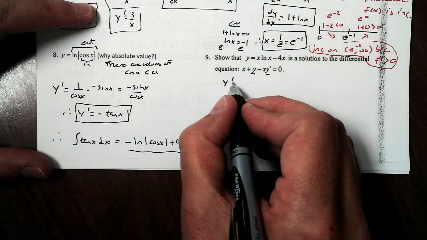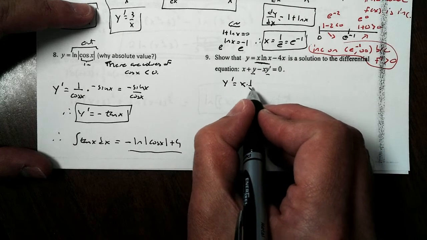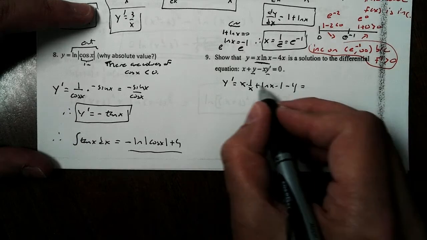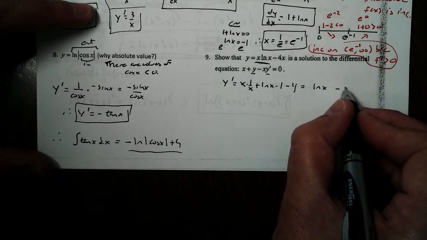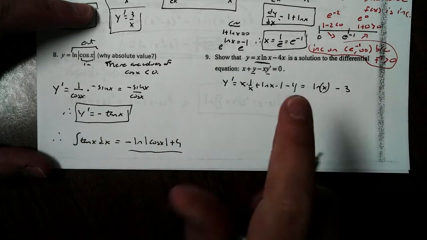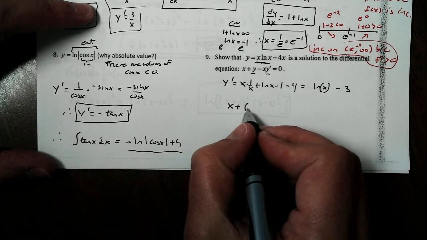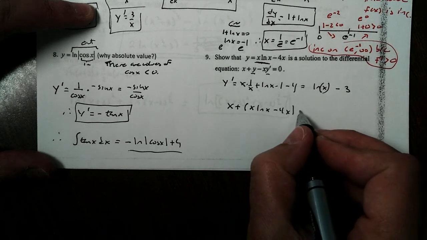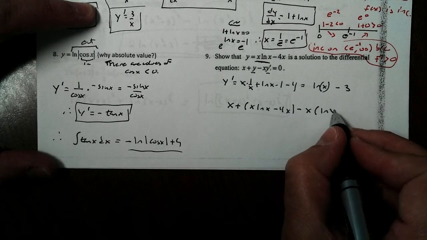So we're going to take the derivative, and that's going to become our product rule here. The first times the derivative of the second plus the second times the derivative of the first, minus 4. And if I clean that up, we just get 1 minus 4, so we get natural log of x minus 3. Be careful, I would put parentheses there so we don't think that that's one long quantity. Plugging it in, remember my function says x plus whatever y is, x natural log of x minus 4x, minus x times the derivative, which we said was natural log of x minus 3